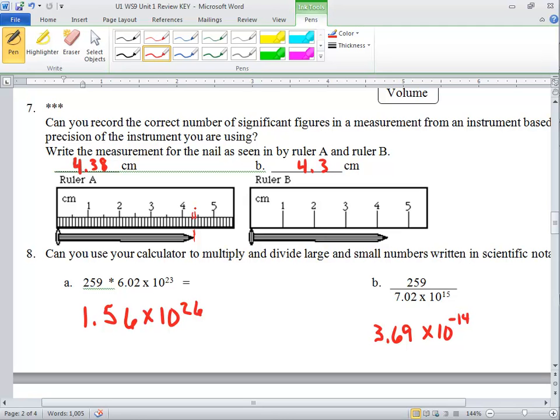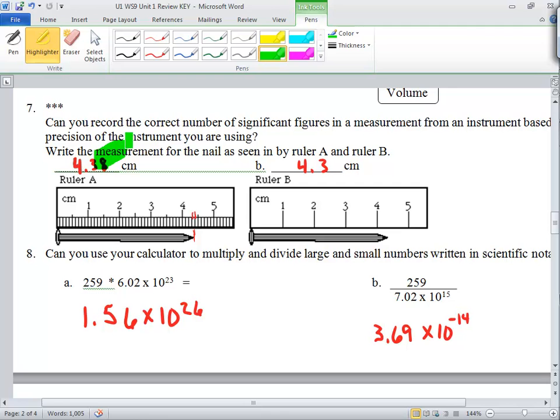So 4.38 looks like a good measurement to me. You might estimate that last digit slightly different, and that would be okay. Maybe you'd call it 4.39 or 4.37 or even 4.36. On this instrument, however, we only can make an estimate to the closest 1/10 the distance between these two numbers. And I made my guess at about 4.3. It looks to me to be a little less than 4.4 and a little more than 4.2, but once again,